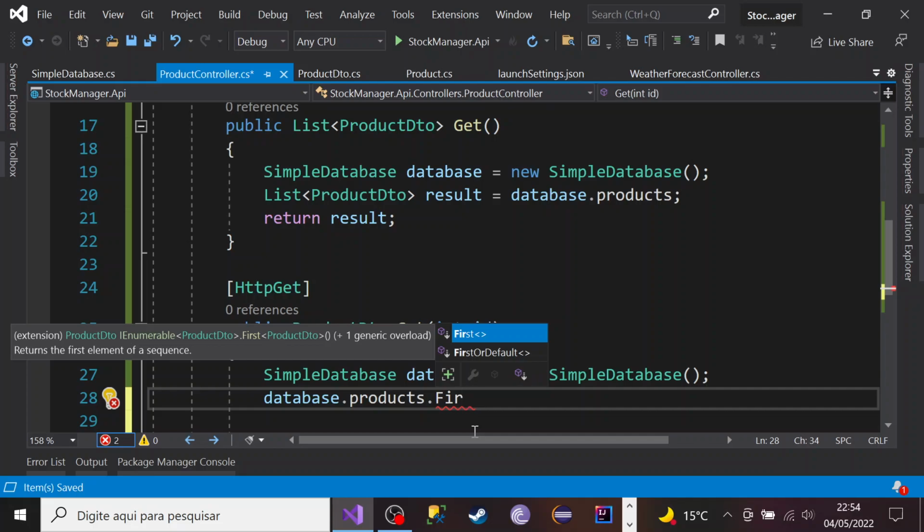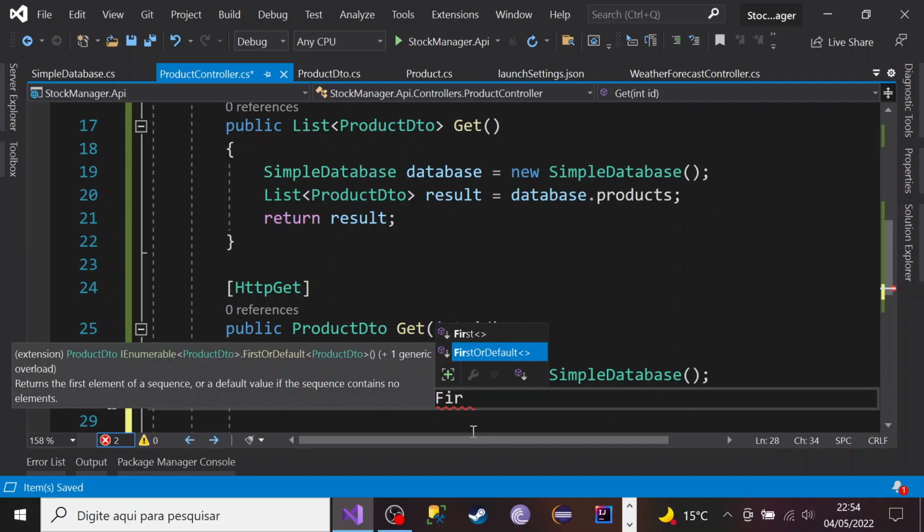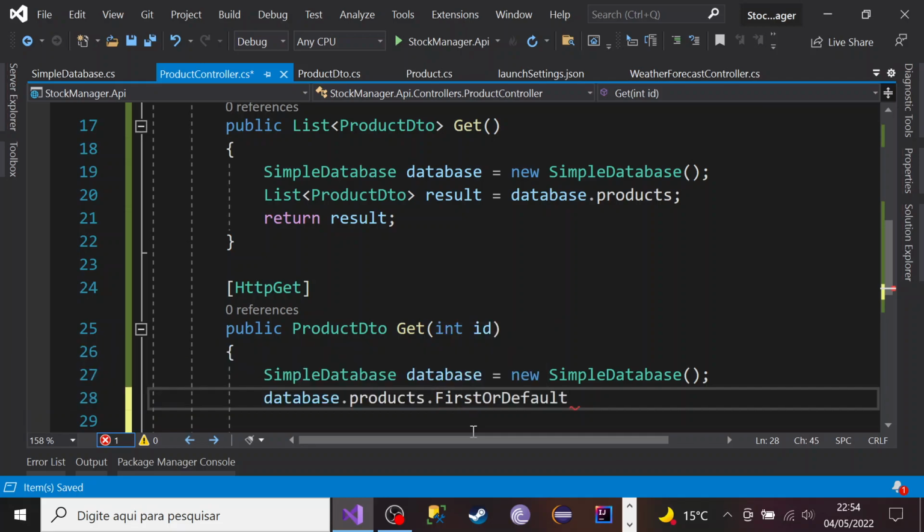But if I use FirstOrDefault and a product is not found, the operation returns the default type for my collection. So when the product is not found, we receive null. It's better because I don't receive an error in my endpoint. So I use the second option, FirstOrDefault,